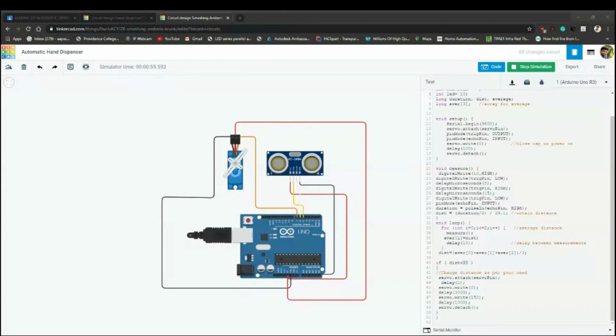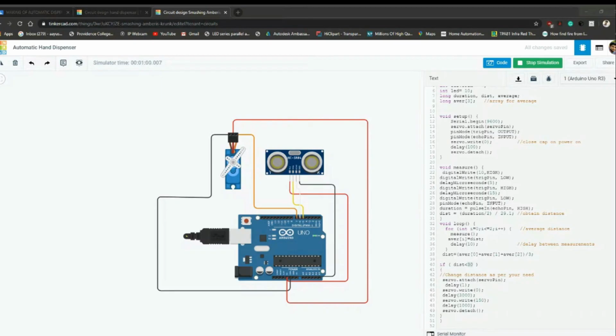Hello, is it audible? Yes, come on, you can speak. Yes, sir. Whatever you explained, that is very good. I'm trying Tinkercad for the first time. Even whatever the explanation given by you is good, but the code understanding is a little bit difficult. So maybe tomorrow you can explain in detail the whole procedure, using a flow graph or something. Yes, sure, I'll do it tomorrow also. Thank you, sir, from my side. Okay, thank you.